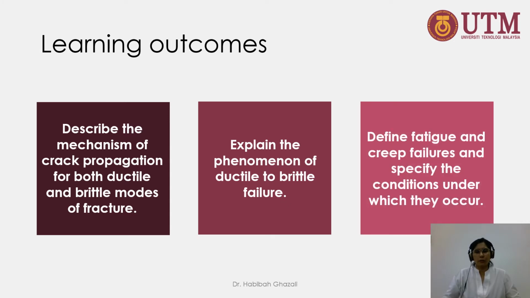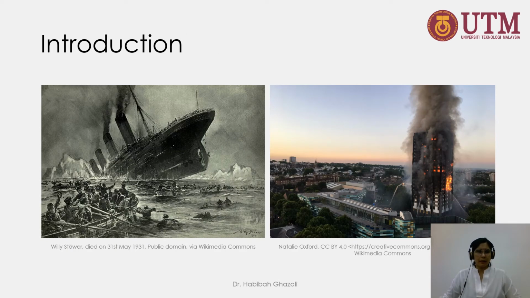And also you need to be able to define fatigue and creep failure and specify the conditions under which they can occur. So these are just some classic examples of material failures that can cause catastrophic failure. When an engineer does not have a strong material science knowledge, something like this can happen. With the Titanic, what happened was the steel that was used to build this ship is actually a